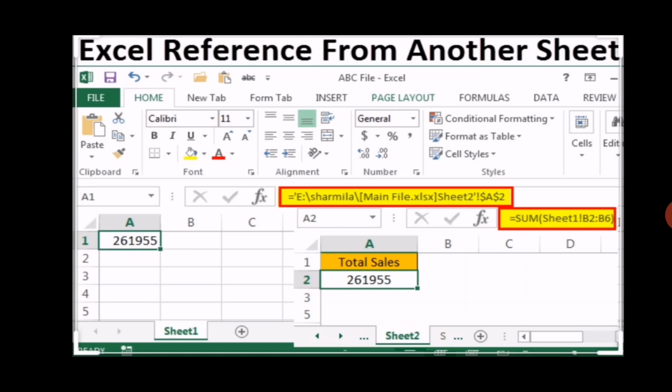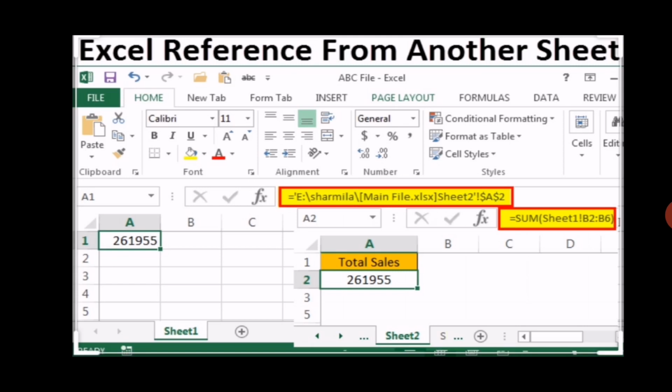Just select your sheet, select your formula and press Control C. Suppose you are using the first sheet, then select the particular cell address, right click on it and use the copy option. After that you click on sheet 2, go to the desired location and press Control V, otherwise right click and use the paste option.